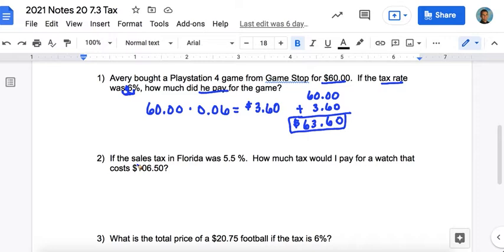The sales tax for Florida was 5.5%. How much tax would I pay for a watch that costs $106.50? So we're finding the tax, so it's a percentage of the cost. So we're going to move the decimal 2 to the left, 1, 2, and we're going to drop a 0 here. So we're going to do the cost, which is $106.50, times 0.055. Okay, and we're going to get, when we multiply that together,